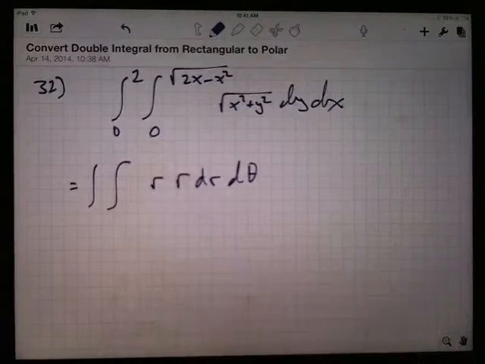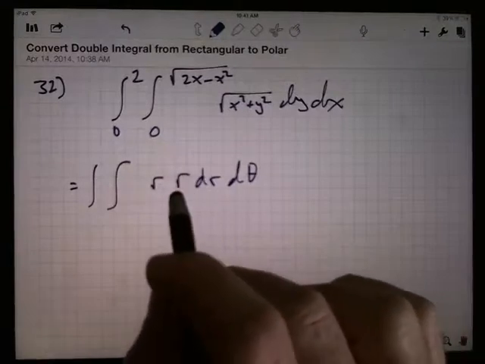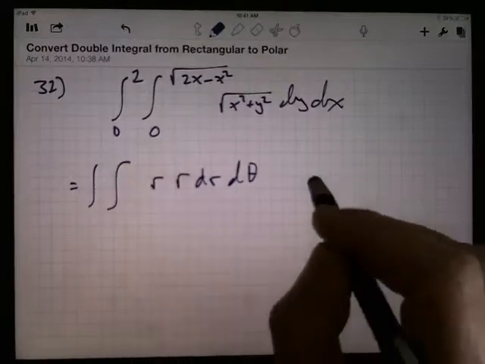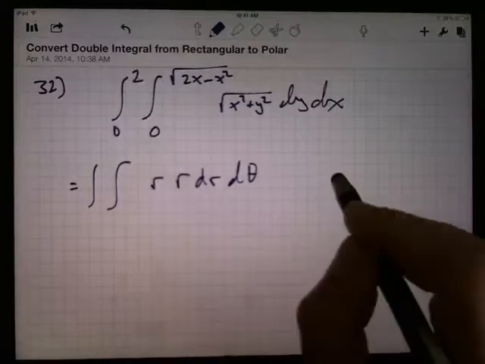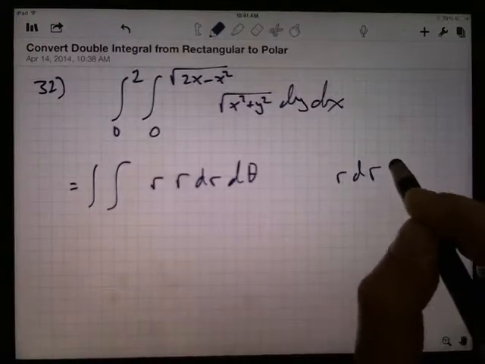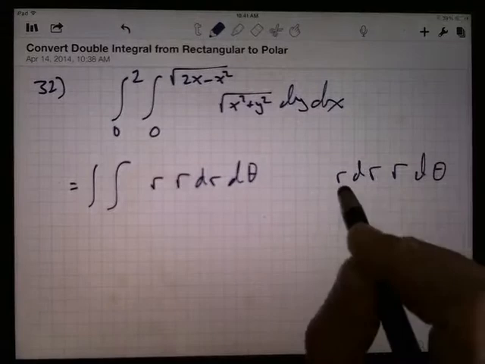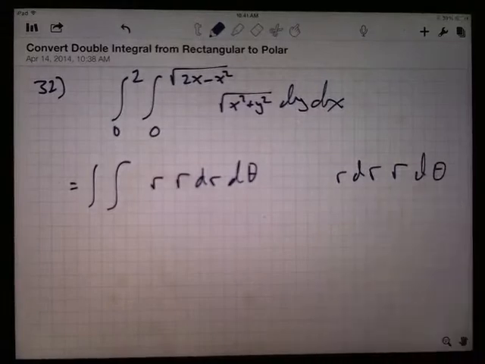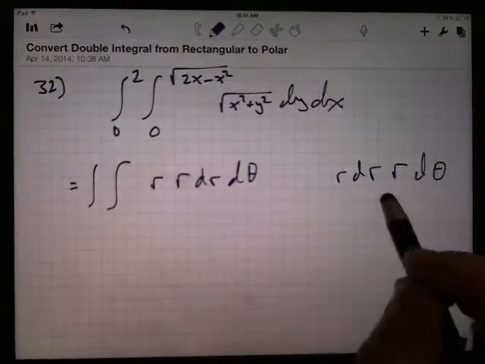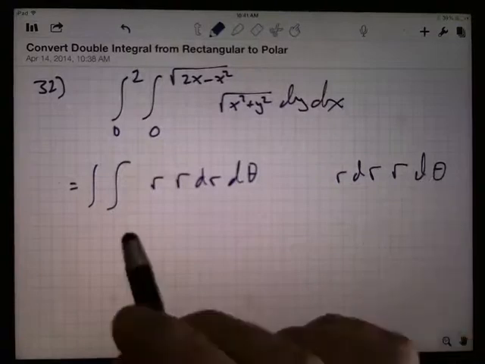I should point out, though, now that I see this, that I've seen people write it this way. Looks really weird to write it this way, but they take one of these r's and they put it over here. So they write it as r dr r d theta. This is the pirate way of doing it. Anyway,